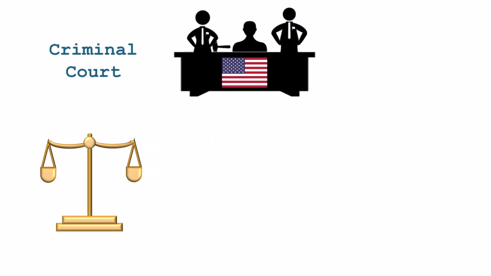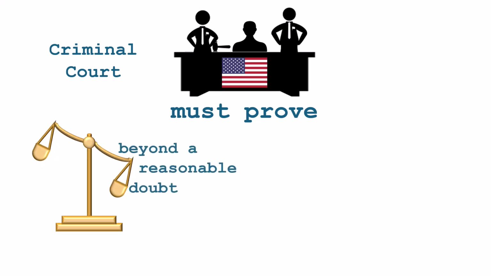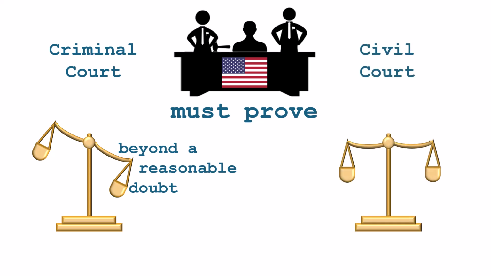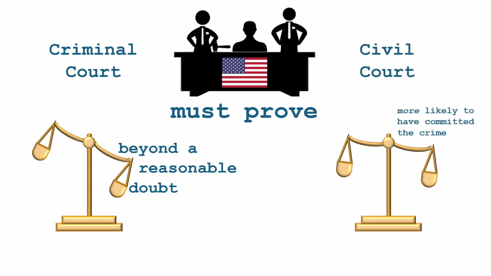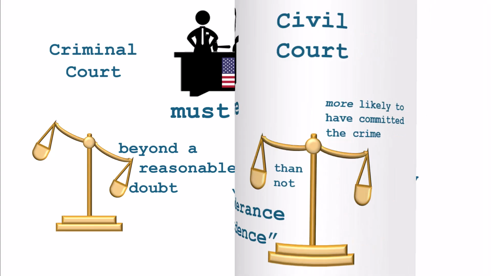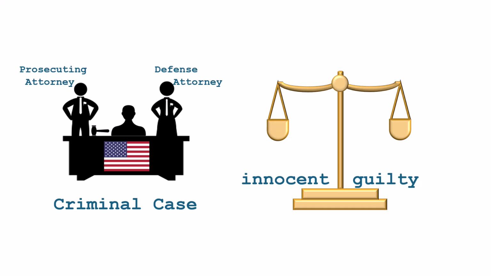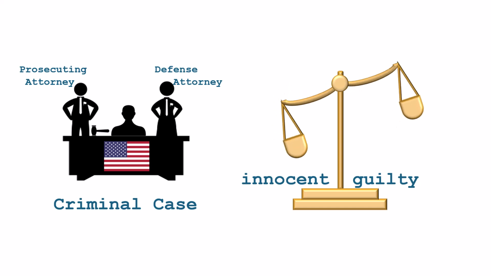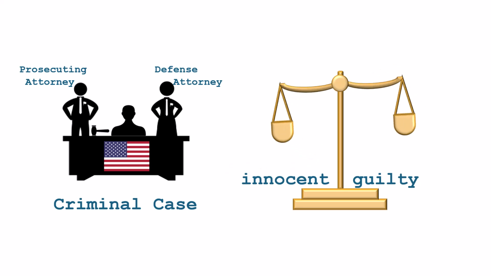In the United States, for example, the burden is to prove guilt beyond a reasonable doubt for criminal cases. But for civil cases, the requirement is to prove that something is more likely than not, called a preponderance of evidence. Let's start with the discussion of the courts, as that carries over into other areas like academic debate. In a U.S. court, as well as in many other countries, if you are accused of a crime, you are presumed innocent until proven guilty.